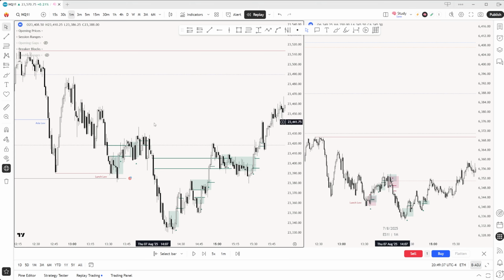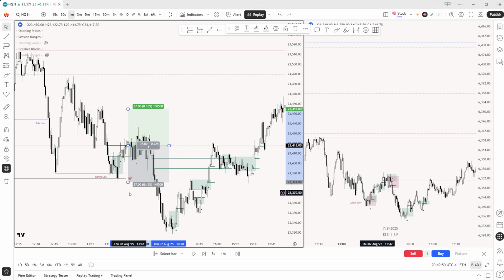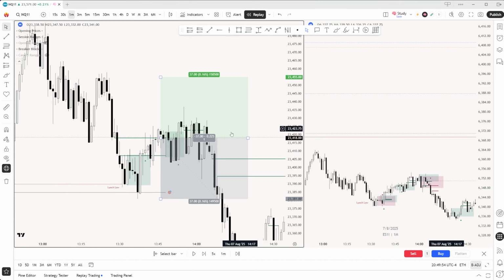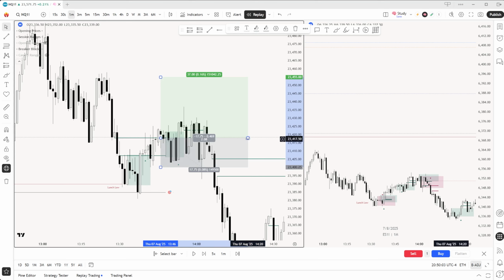Our truth is, this would have been a very rough lunch trade, if I can say it like that, because you would have had 2 losses before a win. So as we can see, this is a valid entry right here. Your stop, where would your stop be? I did not look at the PM session at all. So you have this inversion fair value gap. Then if you're entering here, you have order block. So your stop would actually be pretty tight on this one.